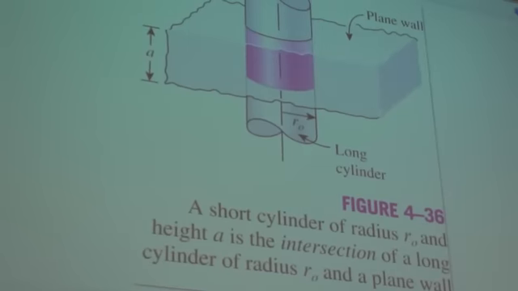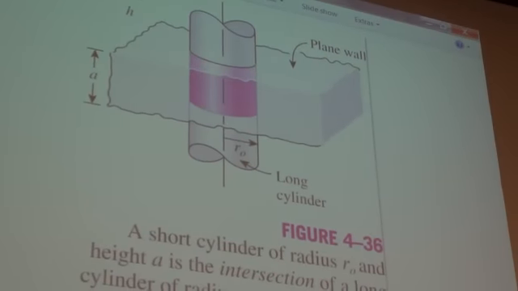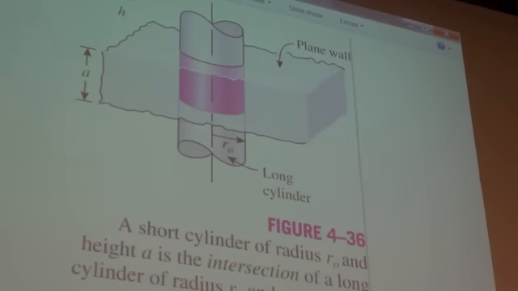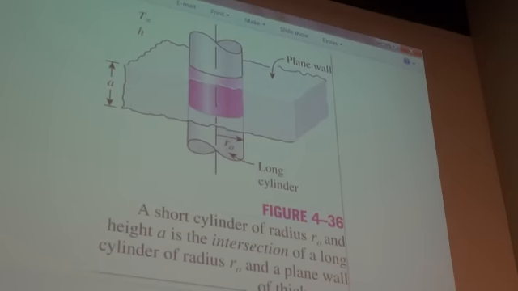If you look at the textbook, figure 4-36, then you'll see a better sketch than mine. Okay, so it shows the intersection of the plane wall and the cylinder. And then you should see the short cylinder as the intersection between the two. Okay, you see that? Okay, what does it mean? And how do we do it? Well,